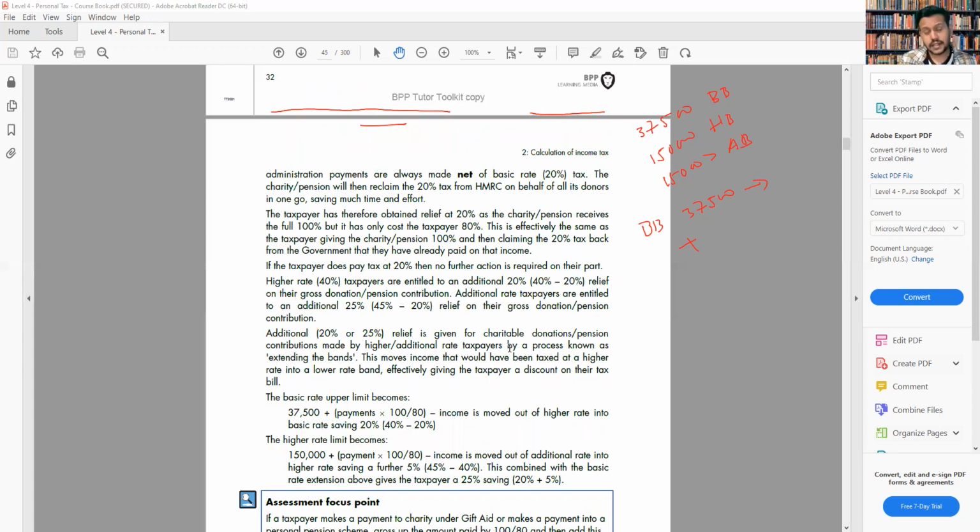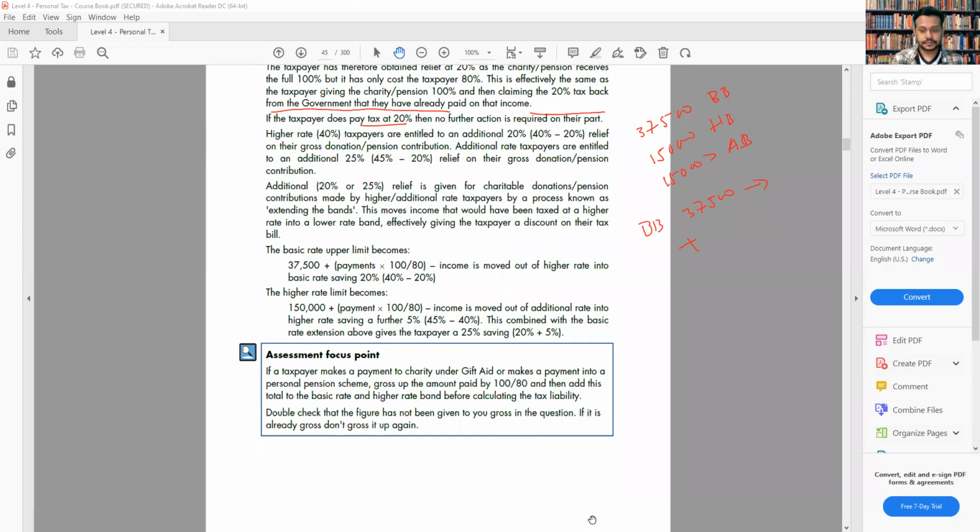So basically what they're saying, the charity is tax-free. So rather than you giving to the charity and asking HMRC, can I have my tax back? A lot of people would do that, they give to the charity and keep asking for the tax back. So rather than doing that, what HMRC did is allow you to extend the basic band. So what is happening here, you can see the basic rate upper limit. 37,500 is the basic rate that we already know, but it will be added plus